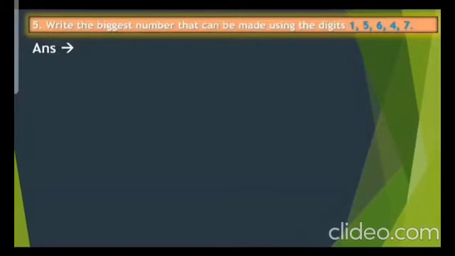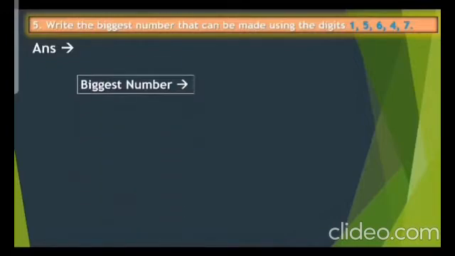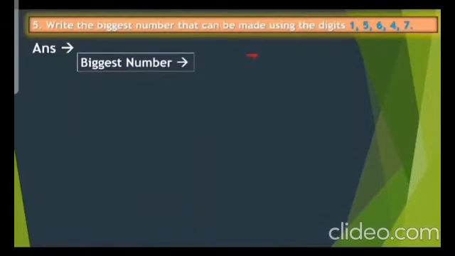To write the biggest number, we have to start with the big number and then go down to the small number. Now let us see what is the biggest number. Which is the biggest number from 15647? Can you tell me, children, which is the biggest number? Yeah, the biggest number will be 7. Correct, children. After that, which number will come? 6. Very good. Then comes 5. After 5 will come 4 and the last number will be 1. So the biggest number is 76,541.